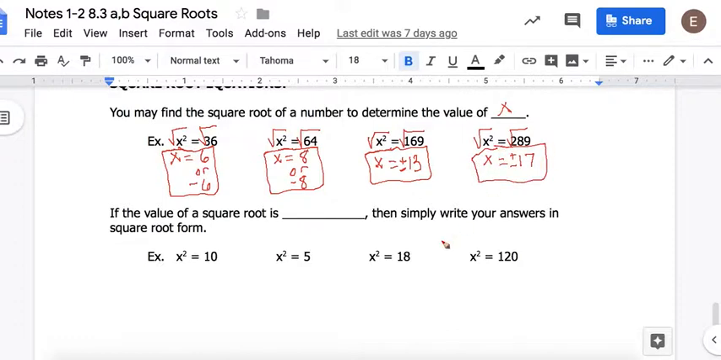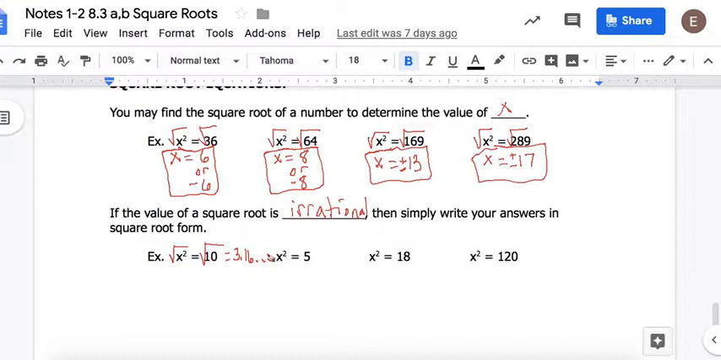Okay, and the final section. If the value of a square root is irrational, with an I, then simply write your answers in square root form. So let's look here. The square root of x squared. What I do to one side, I must do to the other. So, if I type in the square root of 10, and then hit the square root button, I get